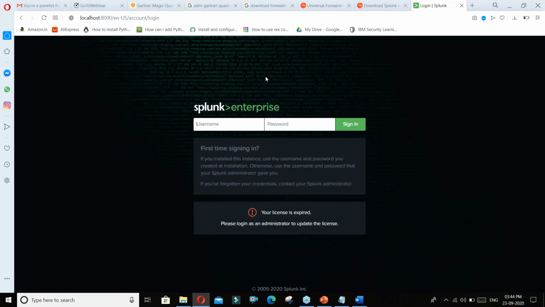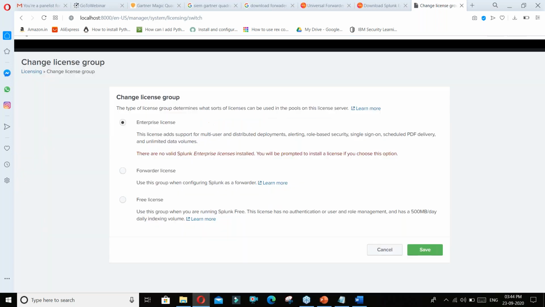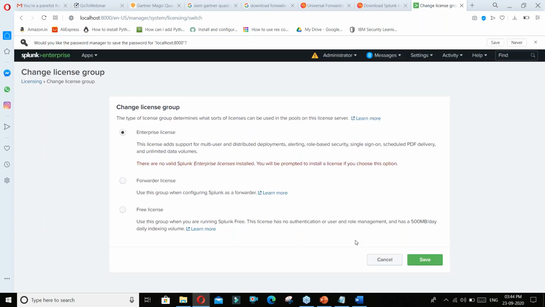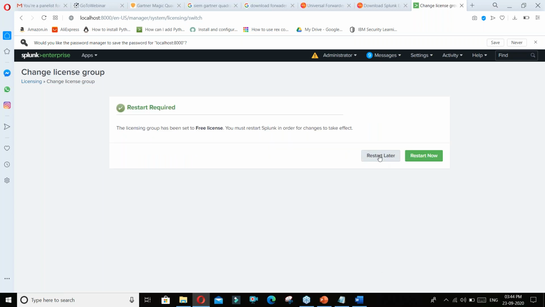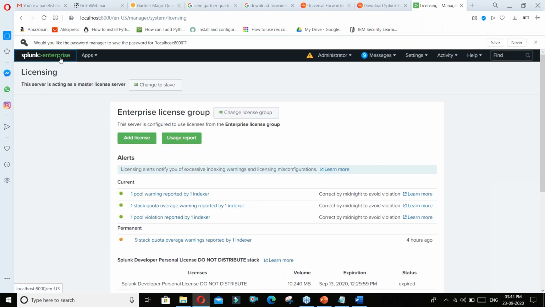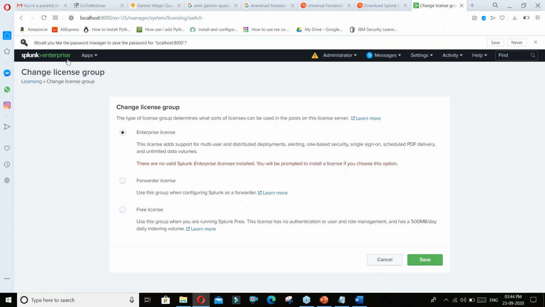This is Splunk running on my machine. The license is expired because I'm using it for a long time. Let me log in here. So guys, sorry, my license is expired. Once you log in, you will have a 60 days free period where you can